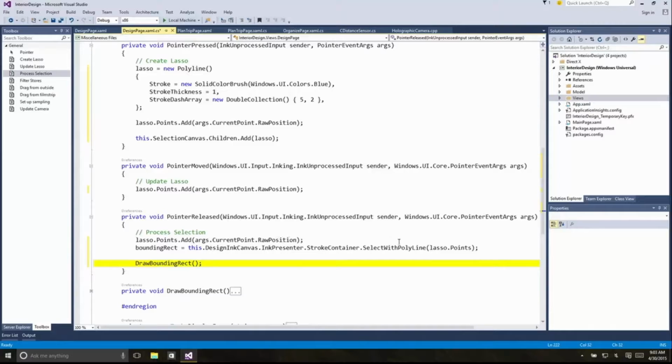Here, what I do is I get the polyline that I drew around it, and I ask the ink canvas to give me all the points that are within that polyline. And that creates this bounding rec. And then I draw right around that, I draw that bounding rec, and that's all I had to go do. So very straightforward, simple, a little bit of code here, and I have great selection and a great experience on